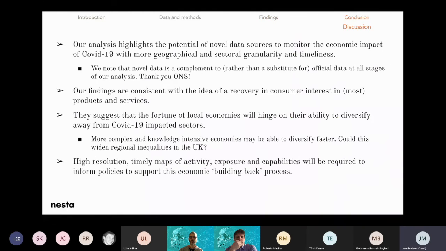So those are the key findings. One thing that I really haven't done in these findings, because it's more work in progress, is talk about the analysis of COVID notices, as well as the analysis of business failure, because we are currently still doing that. One thing to say about the analysis of notices, and I'm just going to go to the right part of the presentation to show you,